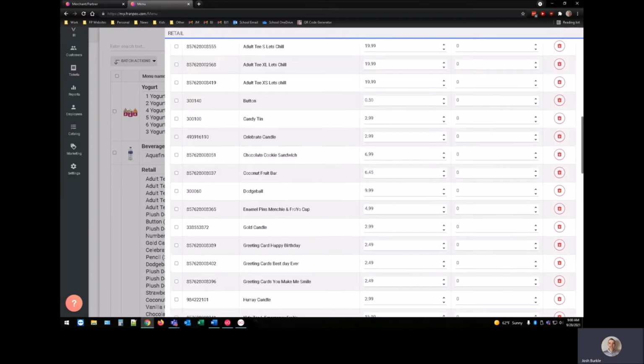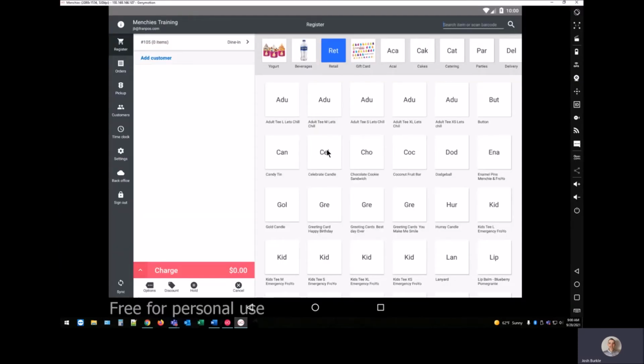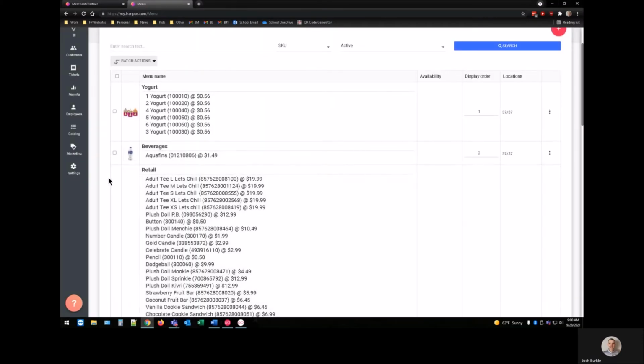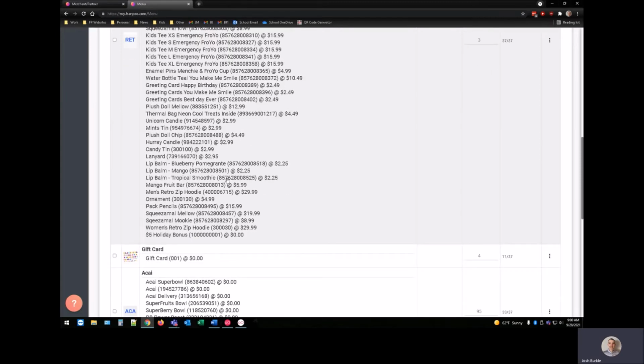And then either scroll up to that save or down to save the menu, and it'll save on the back end. And then when this syncs every 15 minutes, it'll update it. If you need it to sync immediately, you can push the sync button here and it'll download the changes. This is a good way to go through and clean up the menu based on the standard menu. If there's changes you want to make, some things you don't offer, etc., just delete them off of there and